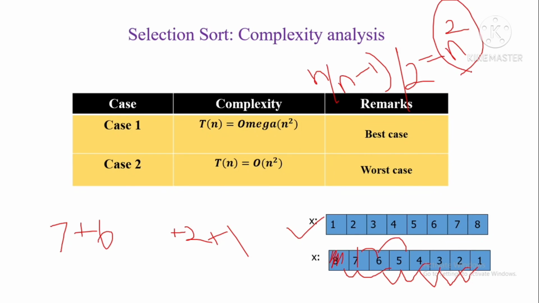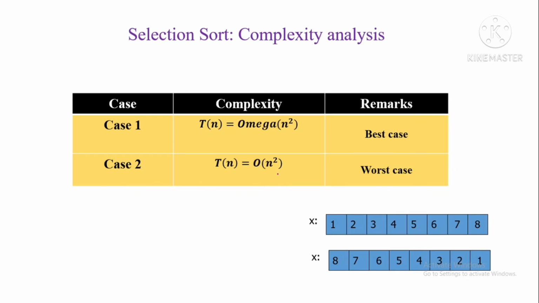So in selection sort, whether it is the best case or worst case, both behave in the same manner. Because even if it is a sorted array, we don't have any strategy to end our comparison. Whether it is sorted or unsorted, you have to compare that particular value with the remaining elements, and only then can you fix that position. So this algorithm behaves in the same manner. So worst case is also big O of n squared. Hope you are able to follow this.